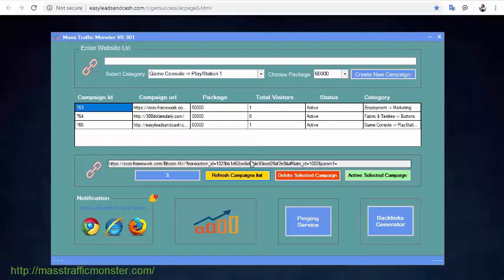Okay, now basically you can see all this traffic on Google Analytics. This is of course real traffic. This is not bot traffic. You can see all traffic with any tracking you wish to track, and of course you can see this traffic on Google Analytics. Now there is another option that I really recommend to use on this software, and this is pinging services